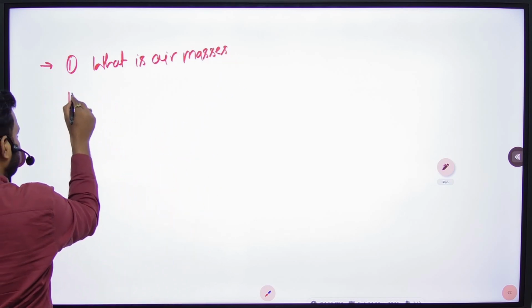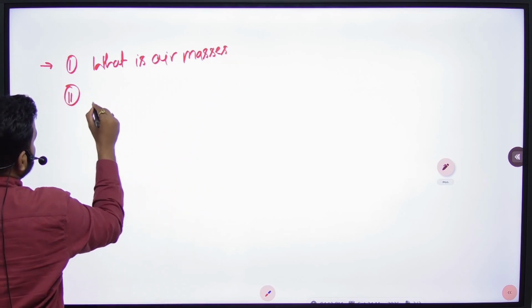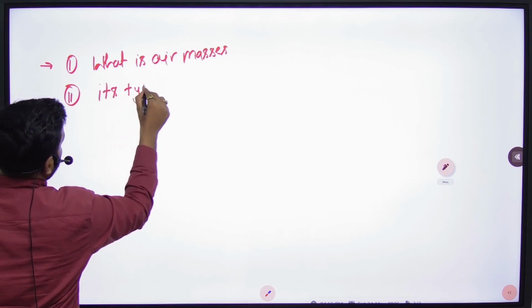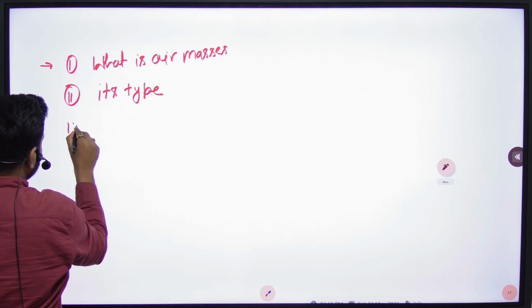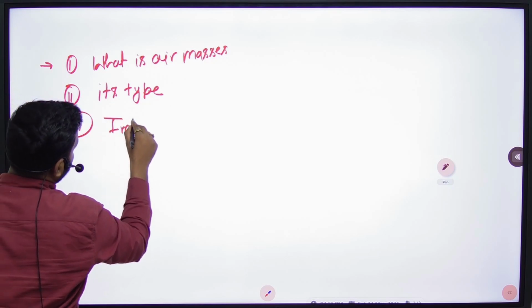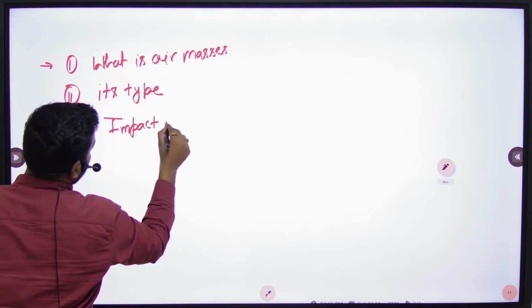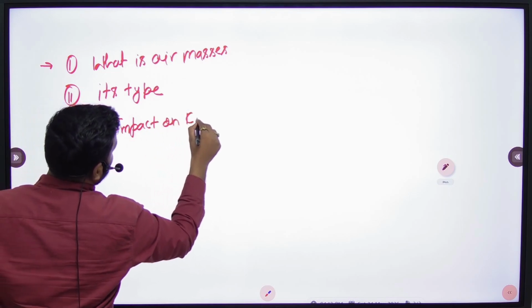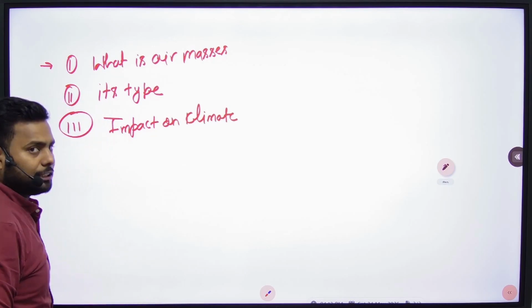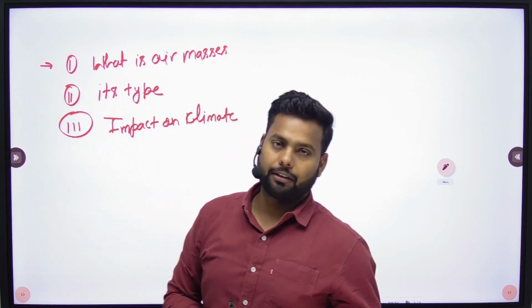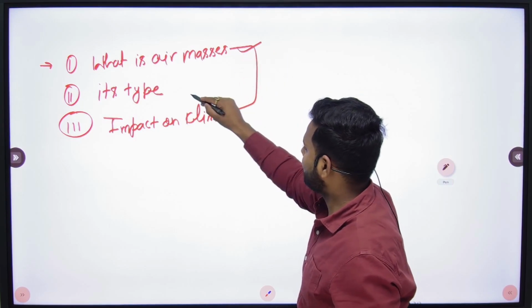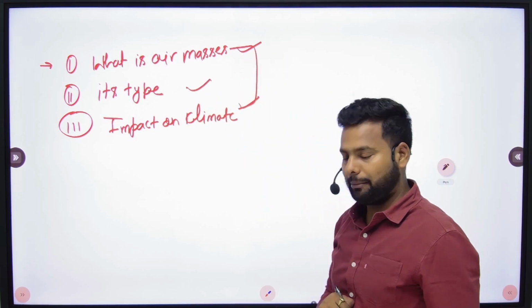In the second term, you have to just discuss its type, and in the third point you have to just discuss impact on climate. Is it okay? So in this question we are going to deal with three dimensions: what is air mass, its type, impact on climate. Okay,